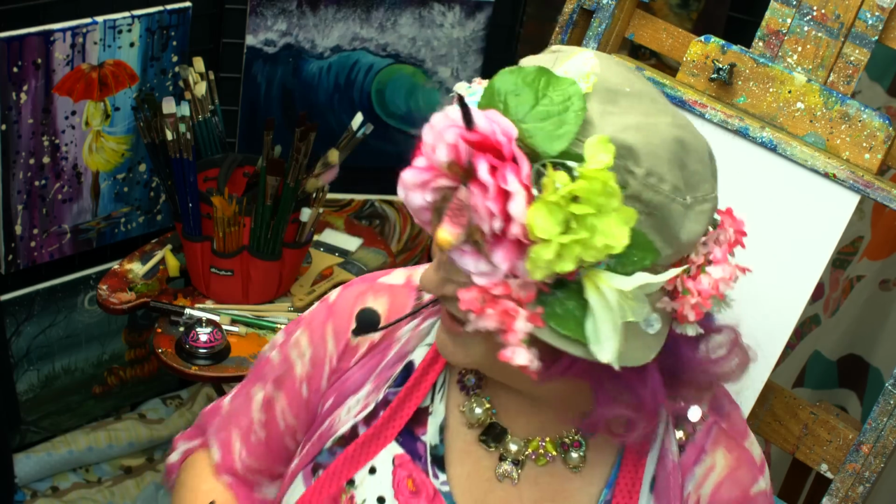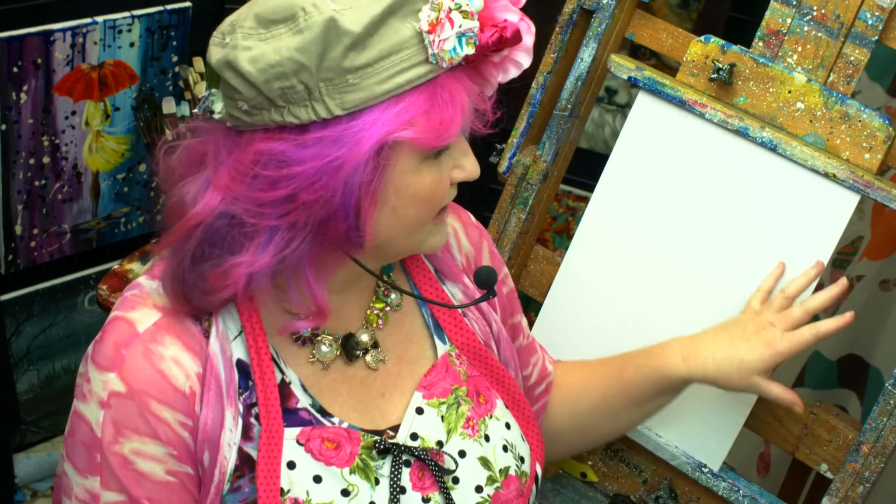Today's materials: we're using an 11 by 14 canvas board. These come in packs and are really economical. They're great to paint on and also easy on storage. I know some of you are on painting 200, 300, so storage is getting to be a thing, and so we're starting to think about that in our practice when we're designing stuff, because we know you guys are